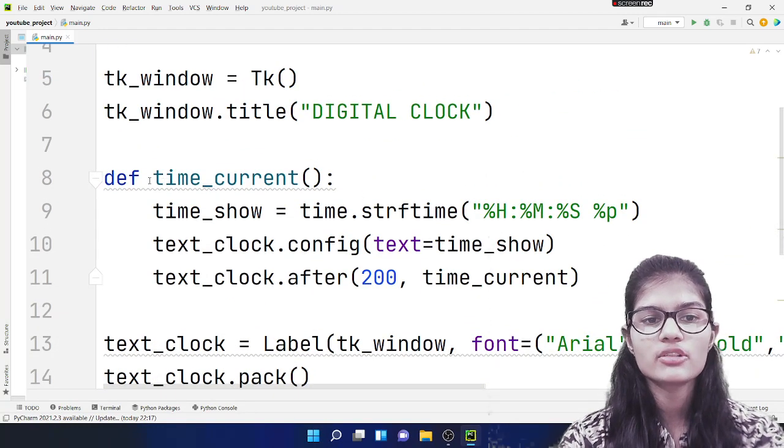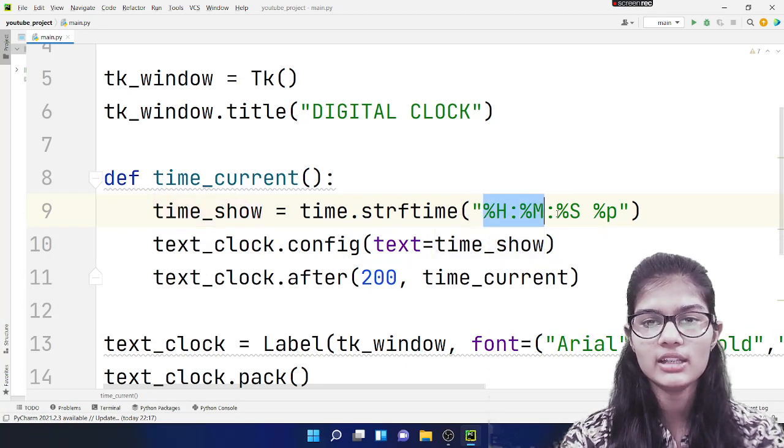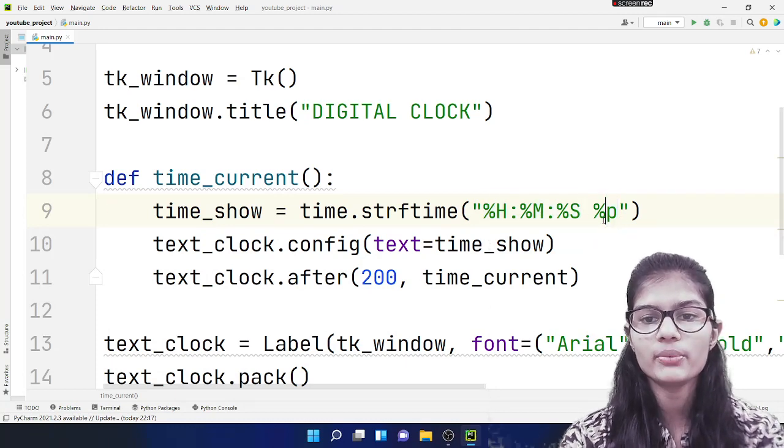Here I made a function that is time_current. Inside that, time shows the variable and strftime. So here strftime is %H, %M, %S. This is basically hour, minute and seconds. And the %p is basically for displaying AM or PM.